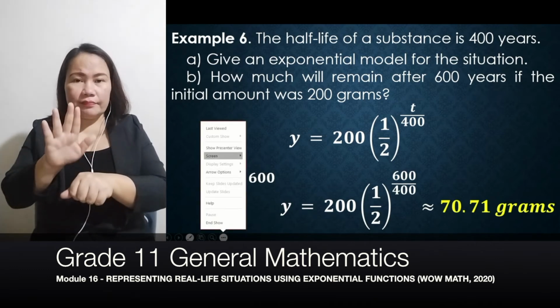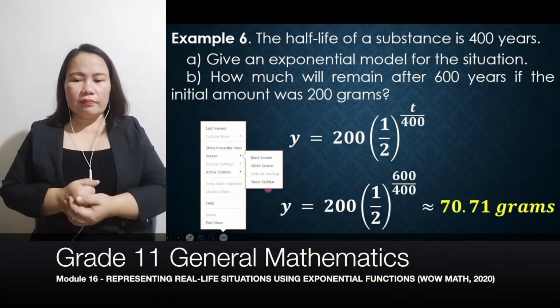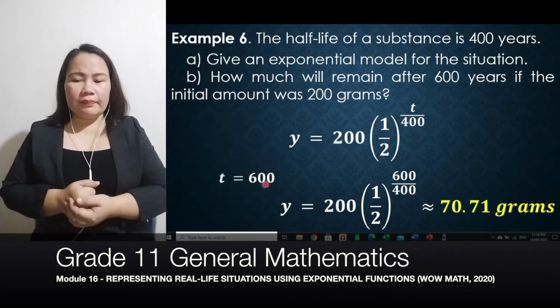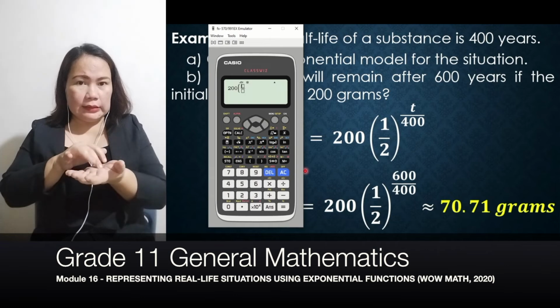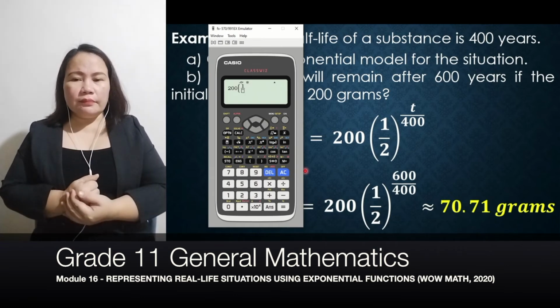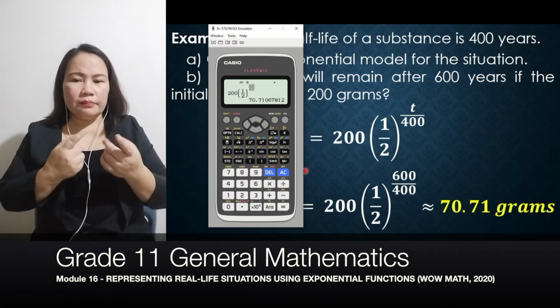Okay? So again, pwede natin gamitin ulit yung calculator natin. So we have 200, then open parenthesis, fraction, lagay nyo 1, and then down arrow, that is 2, then close parenthesis, and then ito, pang exponent natin. So lagay tayo ng fraction bar, and that is 600. Okay, down, that is 400. So equal, so that is 70.71